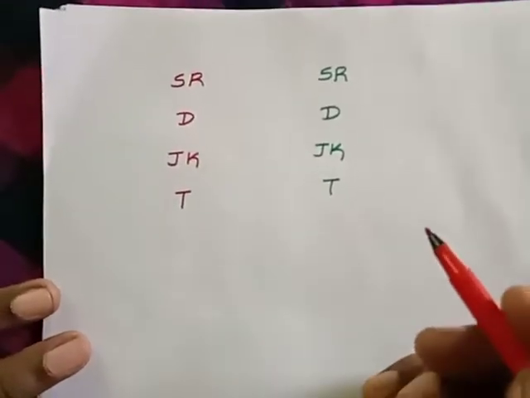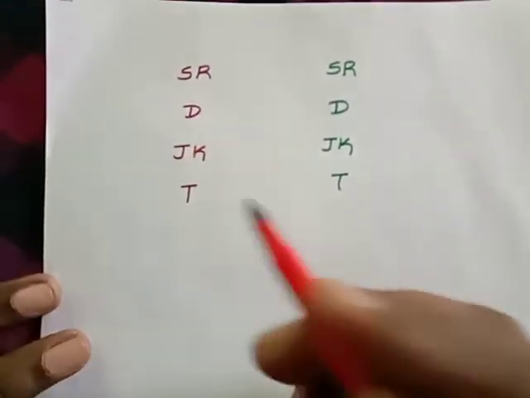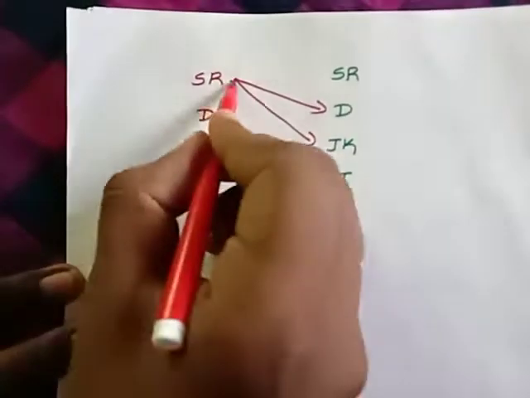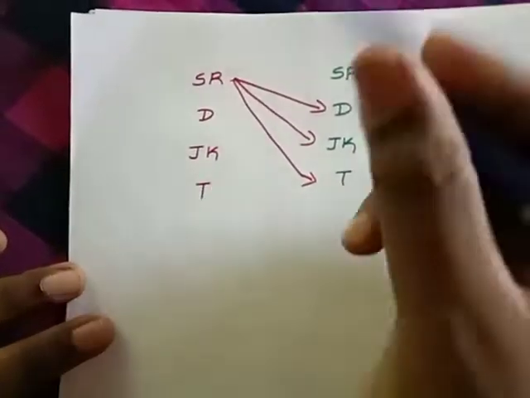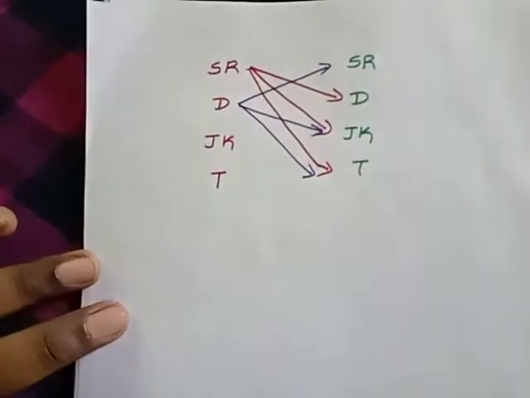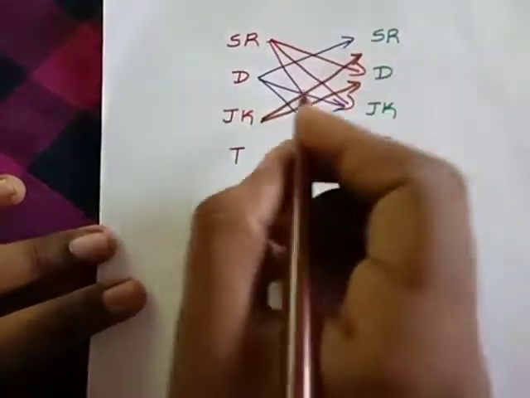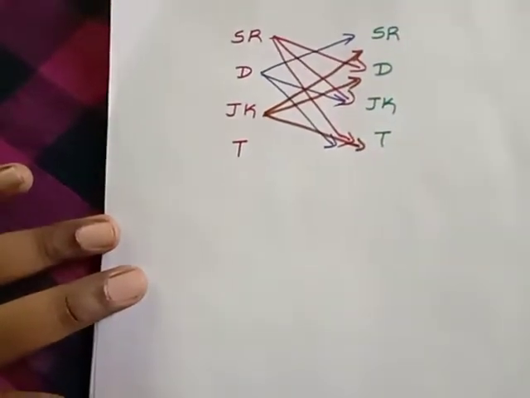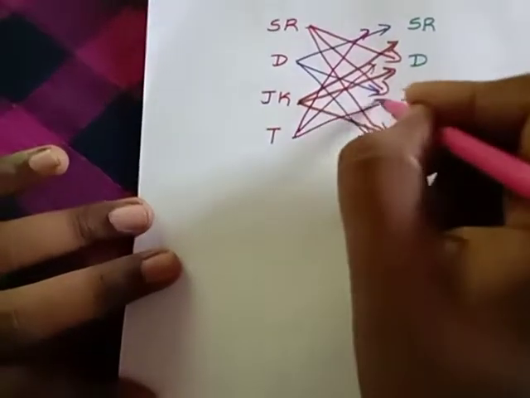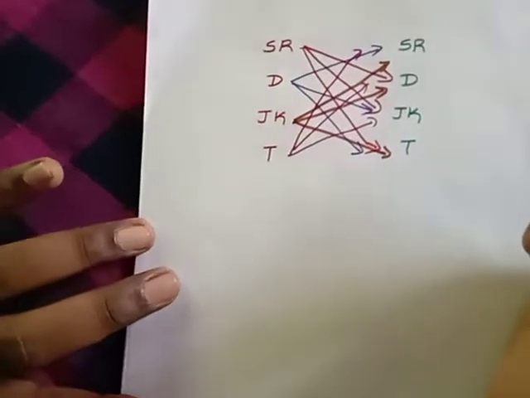Now here I have just taken two examples and I have discussed how to convert one flip-flop to another flip-flop. Now if you see there are four flip-flops. If you take SR, you can learn how to convert SR to D, SR to JK and SR to T. You can also try D to SR, D to JK, D to T, or JK to SR, JK to D and JK to T. Again, you can also try converting T to SR, T to D and T to JK. So these many combinations are available, so these many questions are possible in this category.